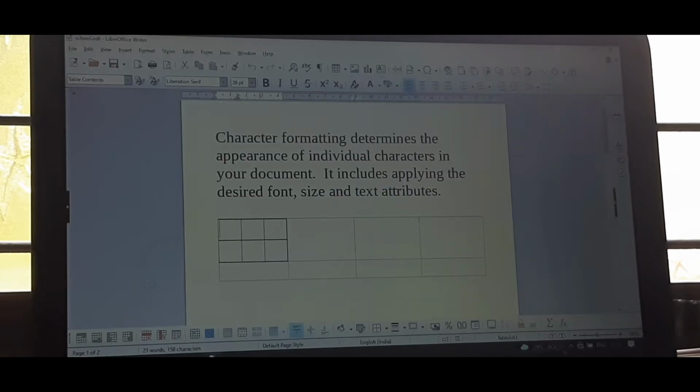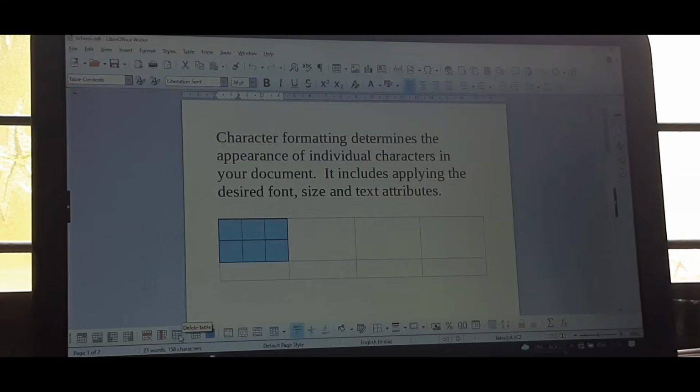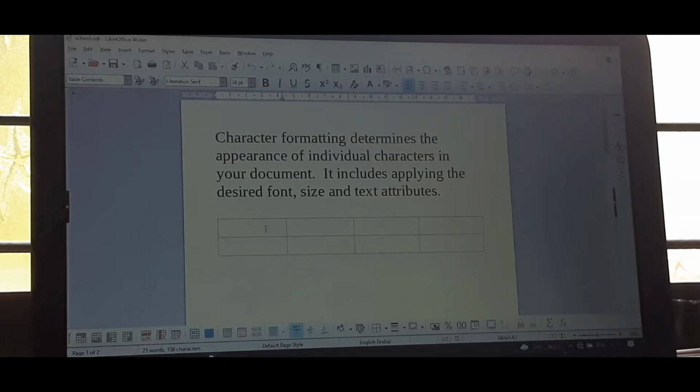If I click there, see, that also will be selected. And here this is the table toolbar, and many icons are there. Select the table. So this small table is selected, and I am going to delete that. See, deleted. Okay. So this is the way we insert a table, and now how we can insert rows and columns